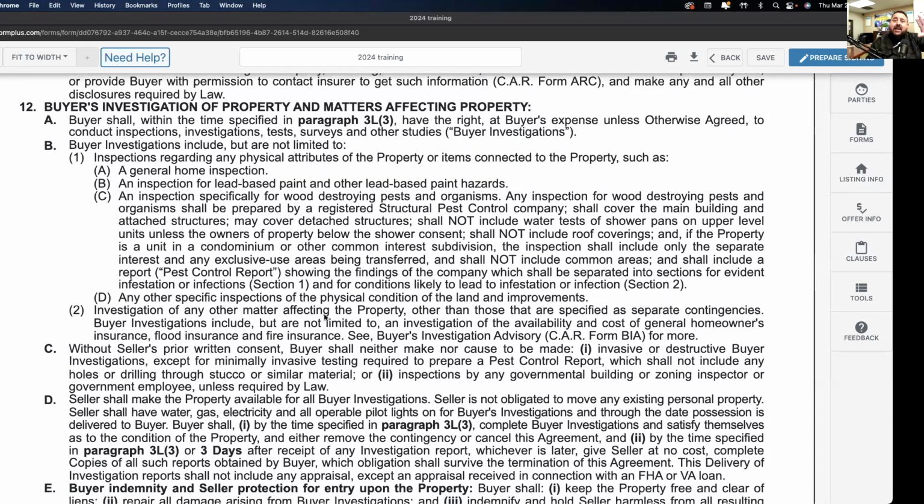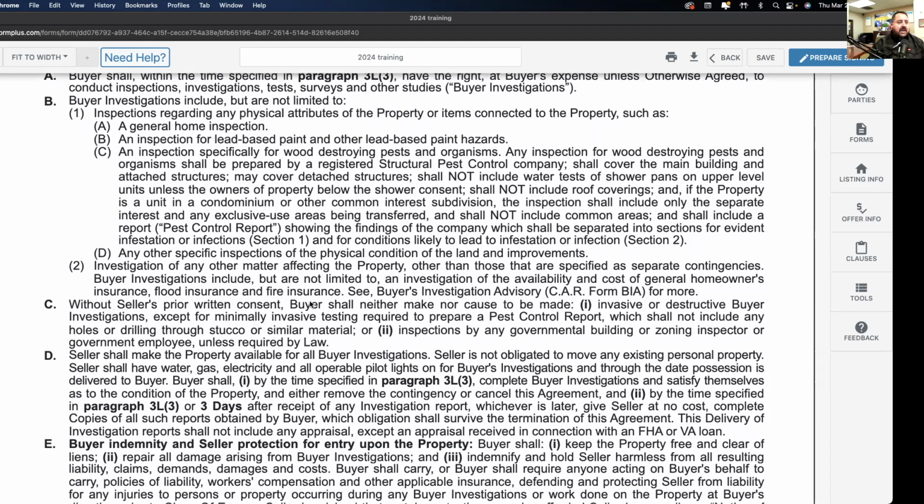It's just basically saying, buyer, you have the right to do whatever inspection you want, whatever you want to pay for. Okay? You could pay for anything and do the inspection. The thing is, when you're doing that, you have to make sure that you are not damaging the property. And anytime you damage the property, you're going to be responsible for fixing it. And the other thing you can't do is cause a government inspection of the property if there's not